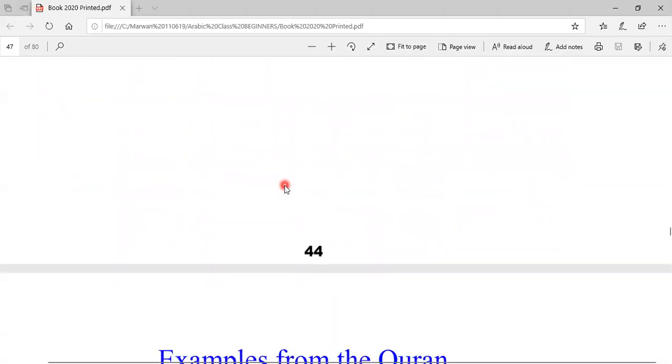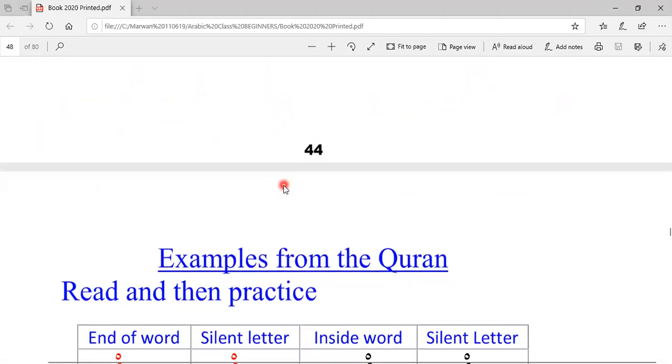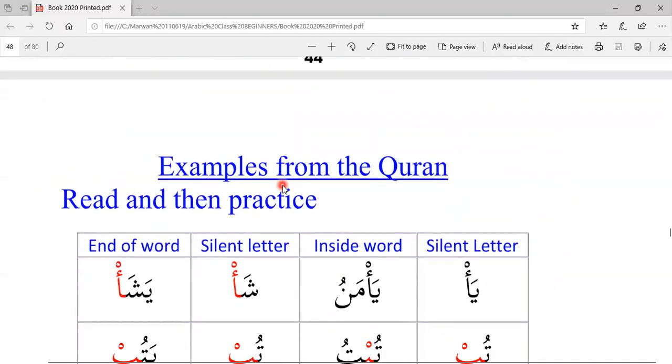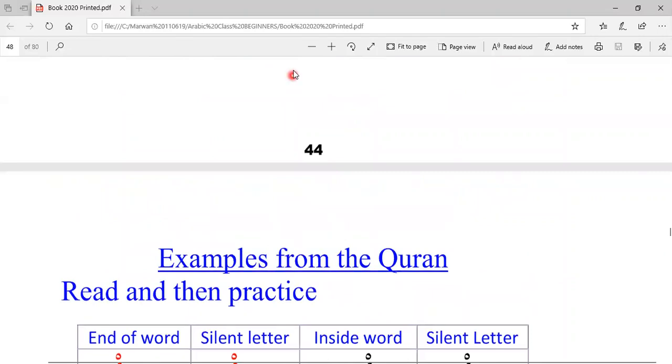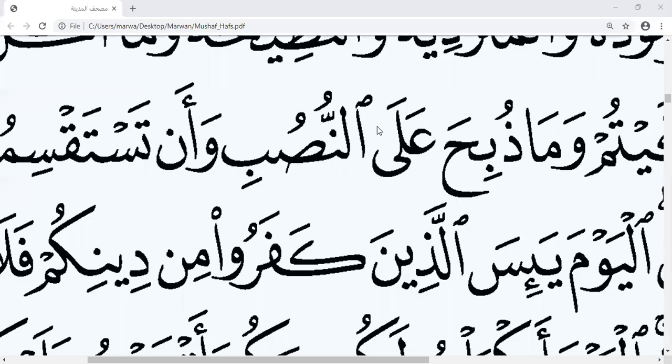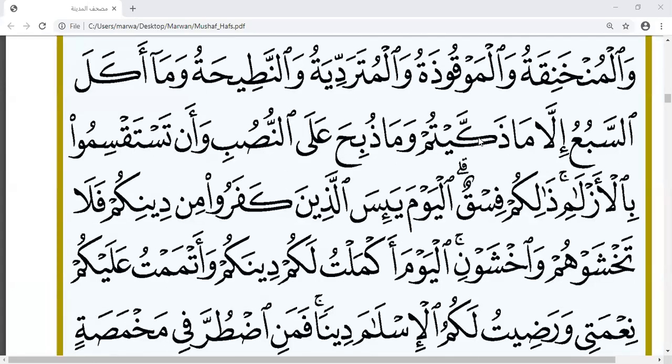So I hope that this is easy for you. We're going to stop here. We'll leave the rest for tomorrow, but I want to read with you a line from the Quran, inshallah, and we'll see how